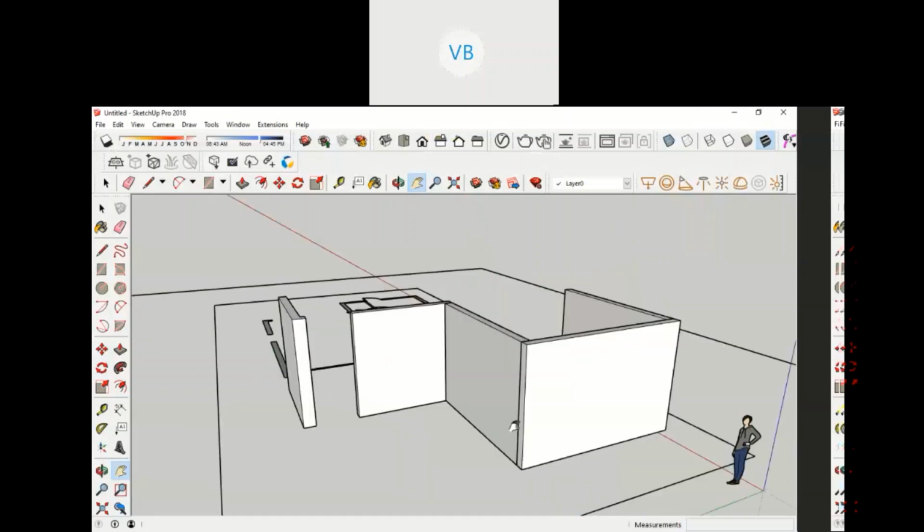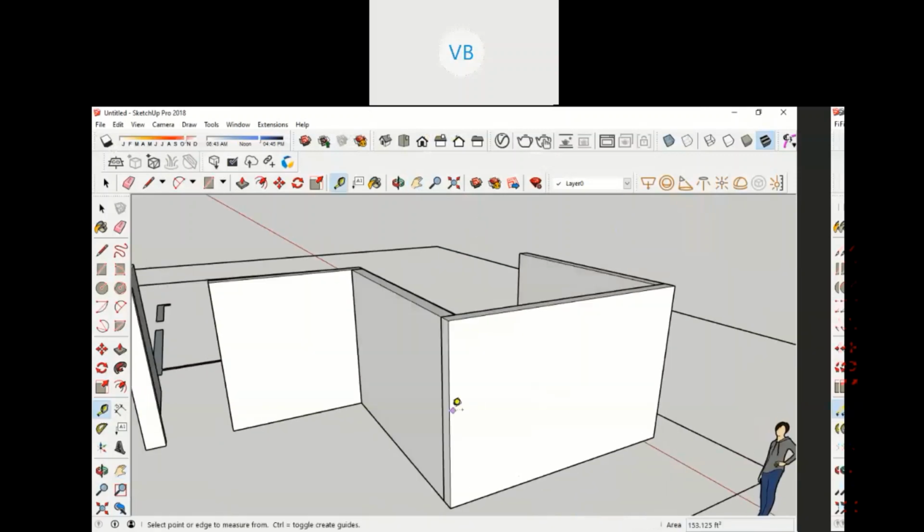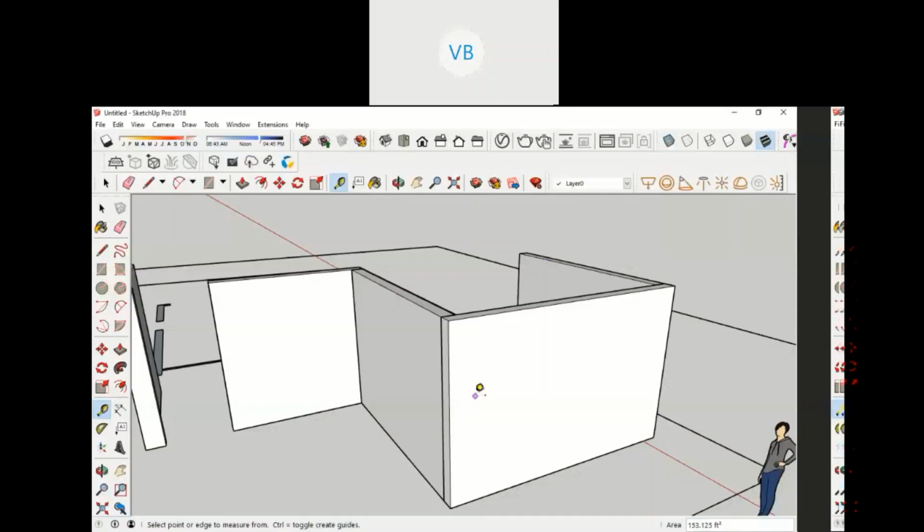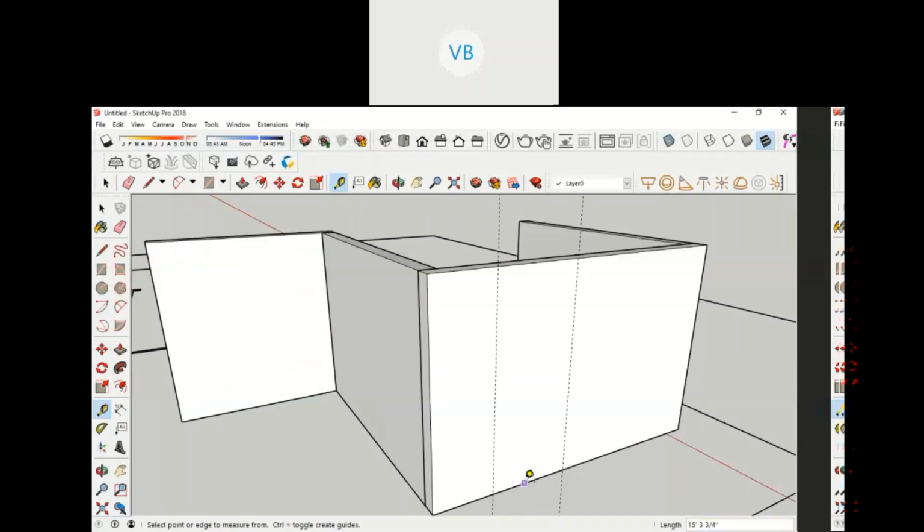Okay, this is your tape measure. Sorry. Tape measure, press T. T is for tape measure. Draw an imaginary line. Okay, this is an imaginary line. I have marked it 3 feet. Draw an imaginary line, 4 feet. Same thing, tape measure. What is the height of that window from the ground? Let's consider it to be 3 feet.